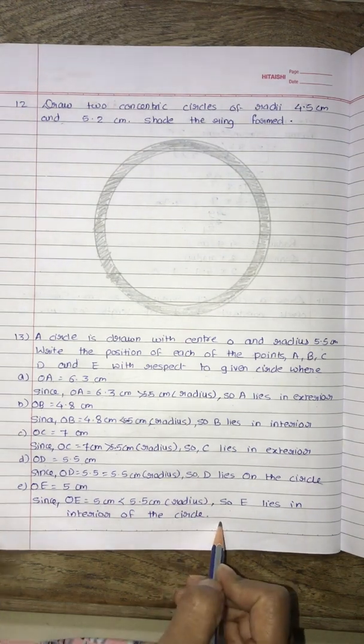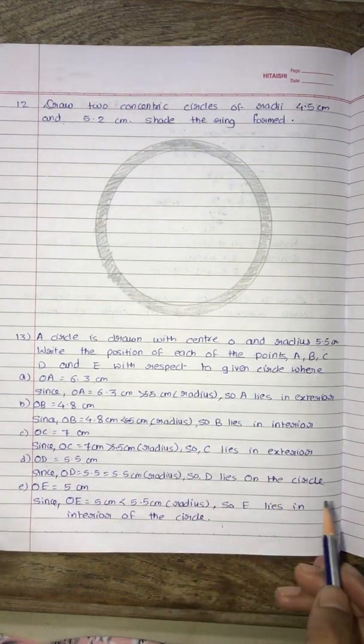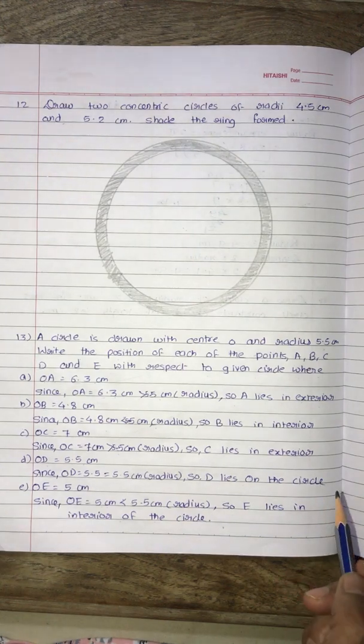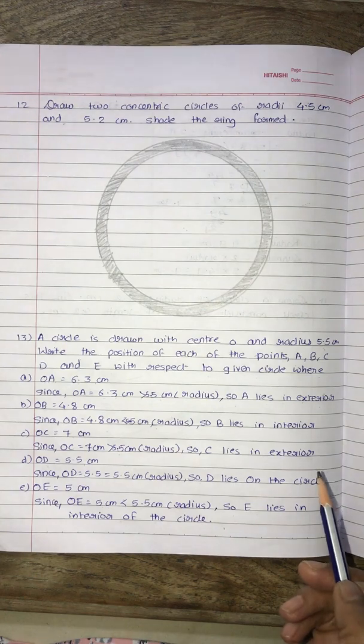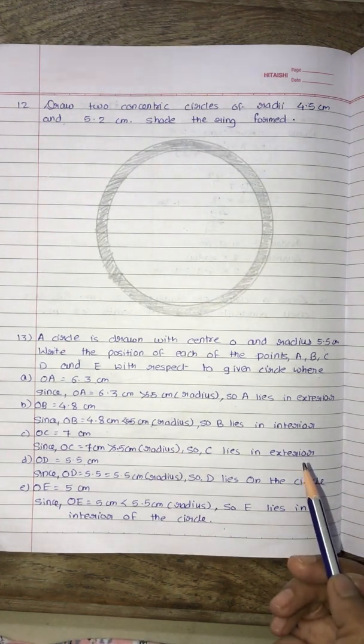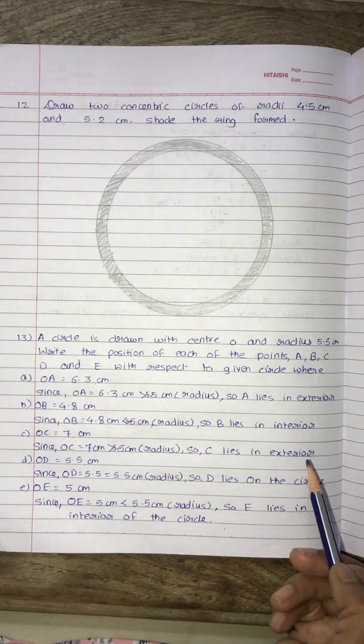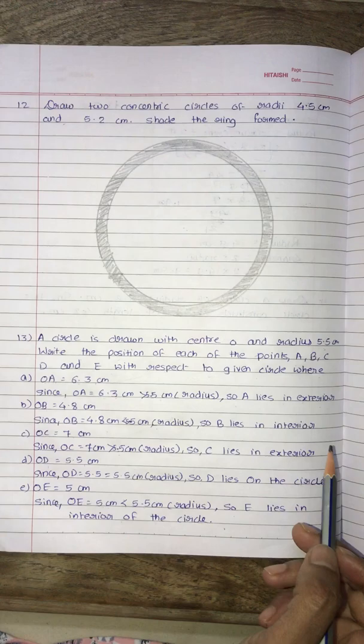Okay beta, in this way we have completed this particular exercise 7.6. Now the remaining questions which I have given as homework, you will solve on your own and check the answers in the PDF. I am going to send you the PDF. So you just cross-check and complete your notebooks.